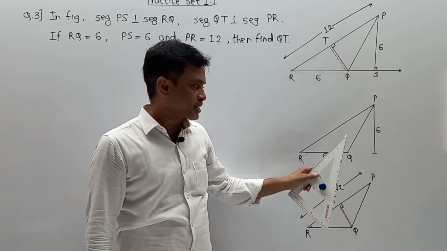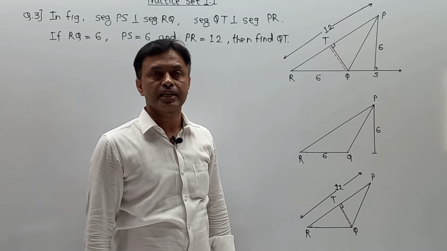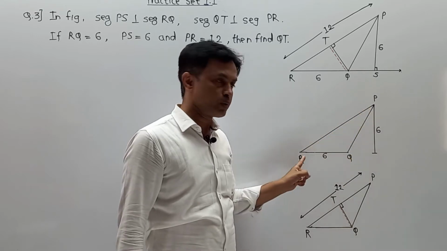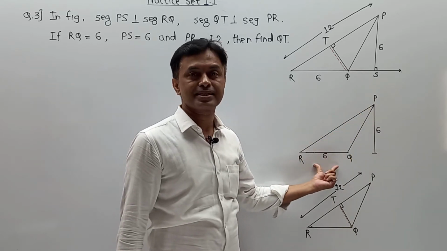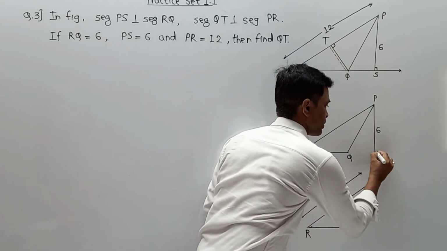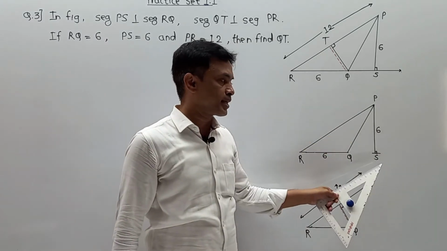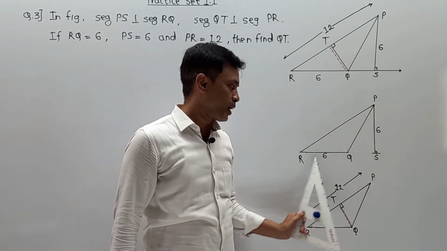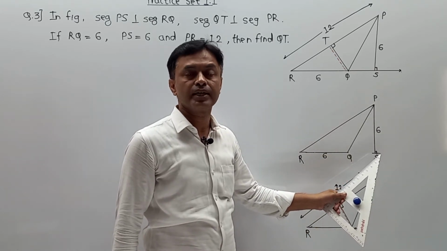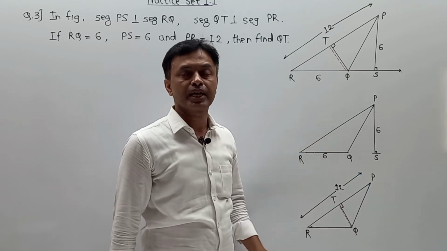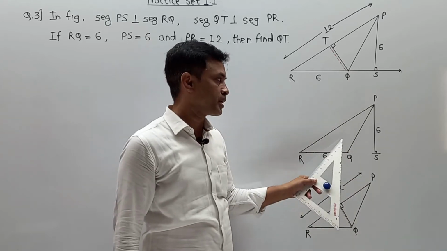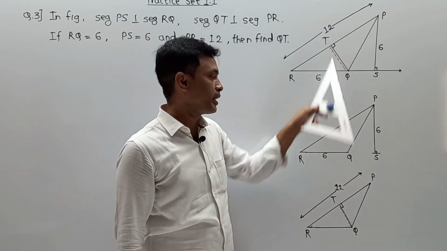Now I have broken this diagram into two separate diagrams so you can easily understand the part. In the first case, in triangle PQR, QR is the base, that is 6, and PS is the height, which they have given as a perpendicular. This is the exterior height, so for the triangle QR is a base of 6 and PS is a height exterior to the triangle, which means we can calculate the area as half into base into height. This gives us the area of triangle PQR from the main diagram relation.